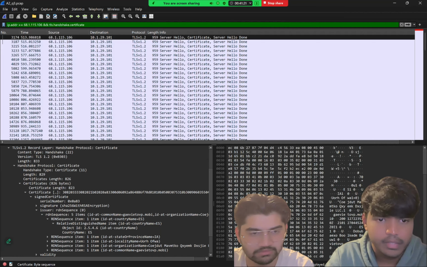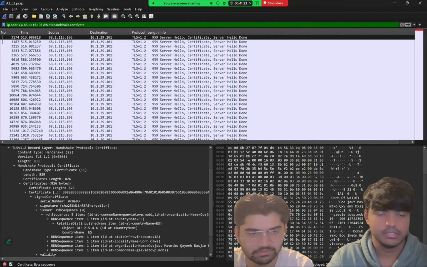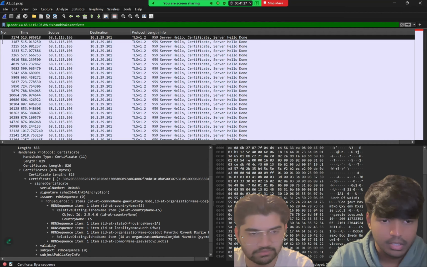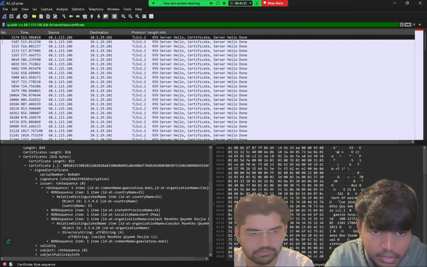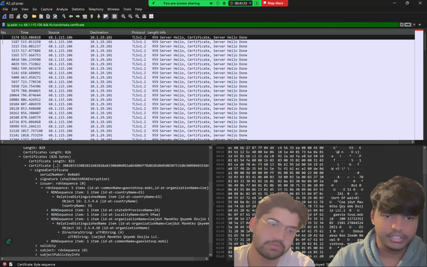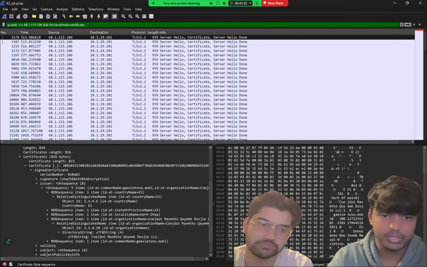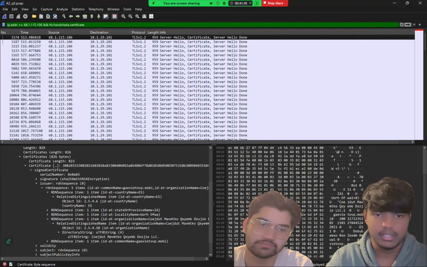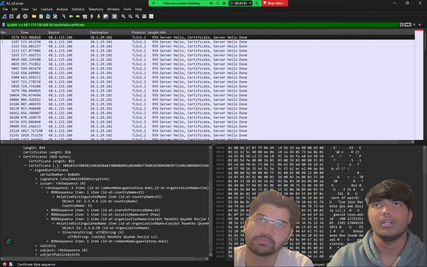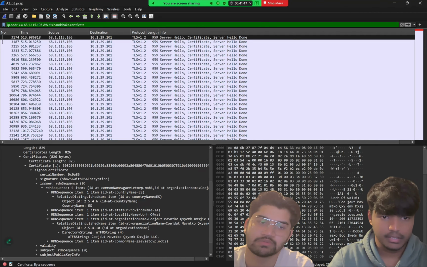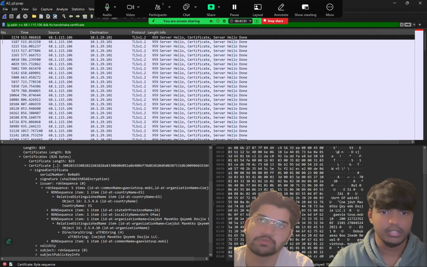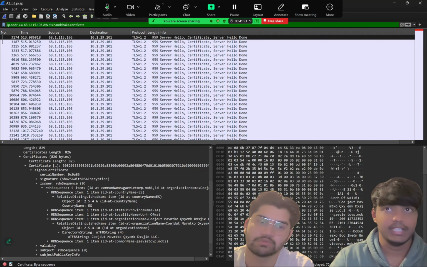So the country name here is ES, which is a different country name, and if you go to the RDN sequence item, in the directory string, this is the string. So the issuer's country name is ES, and the organization name is shown here. So this indicates that the